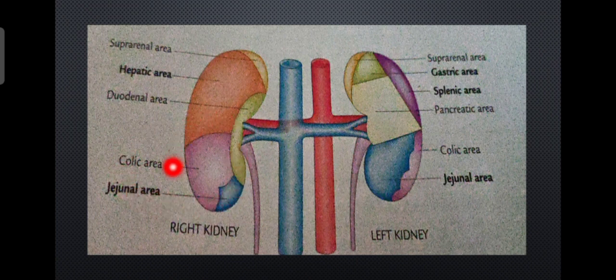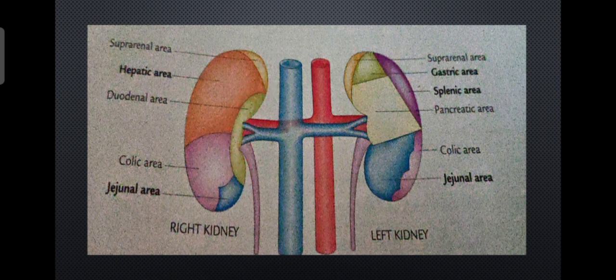Next we have the colic area. Why is it so big? Because we can see the right colic flexure, that is, the ascending colon transforms itself and flexes towards the formation of the transverse colon just anterior to this part of the kidney. So this area is related to colon and hence it is called the colic area. Then in the lower part we have the intestines just anterior to the kidney. Mostly that will be jejunum, so it is called the jejunal area. So these are the relations of the right kidney, and also the duodenum is present along this area.